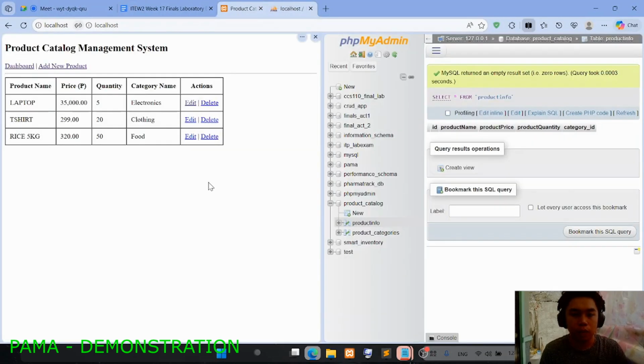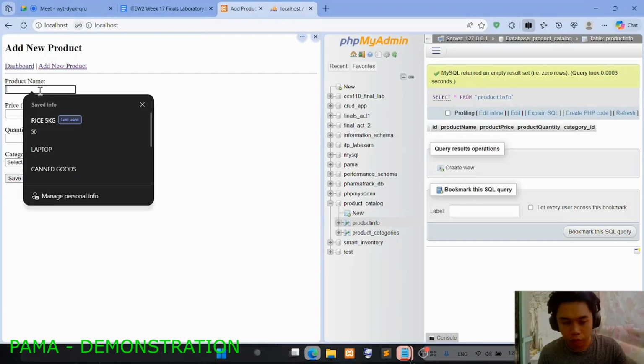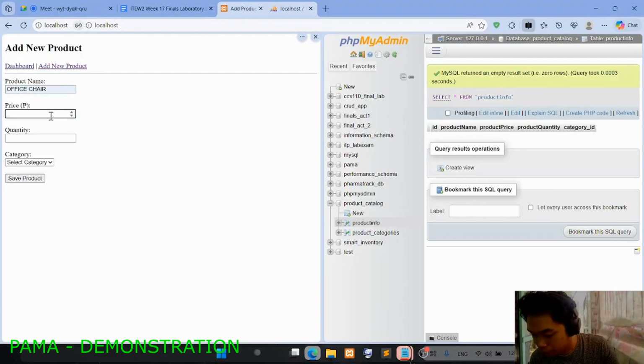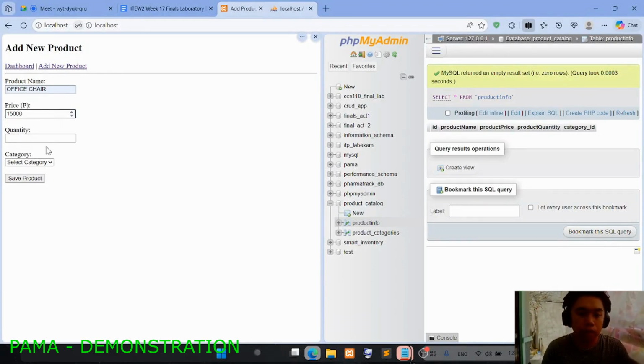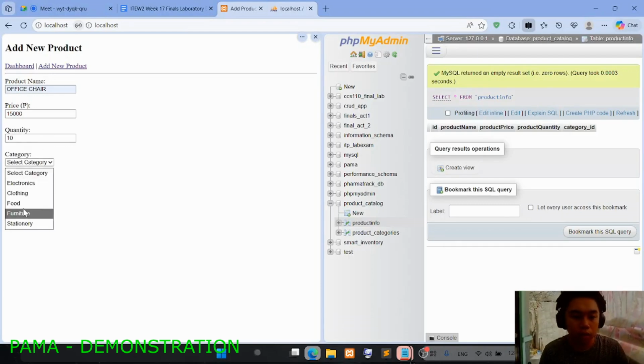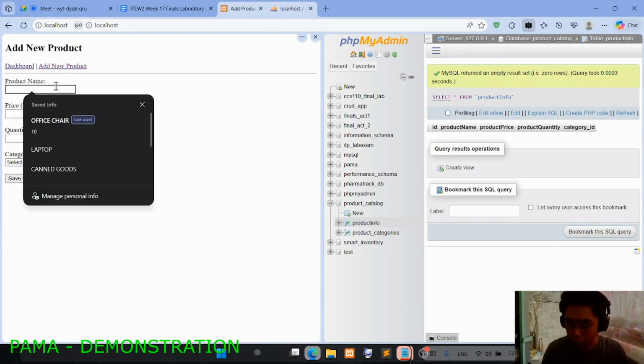So after saving it, let's add 3 more. An office chair, the price is 1,500 pesos, and the quantity is 10. Then let's add 2 more.